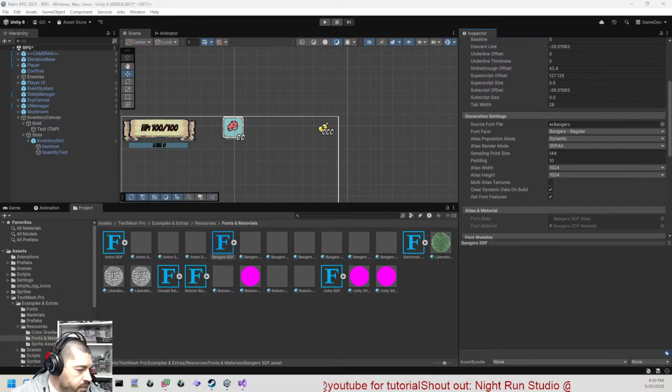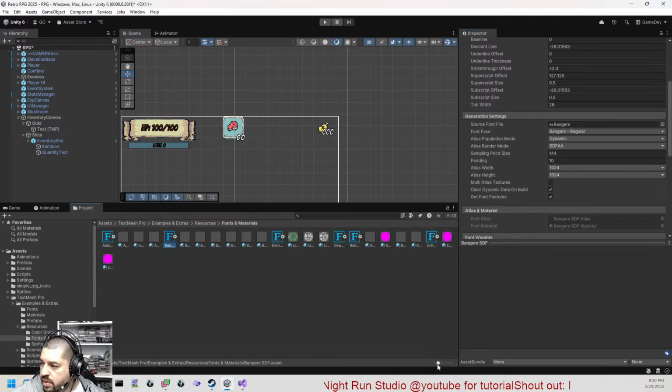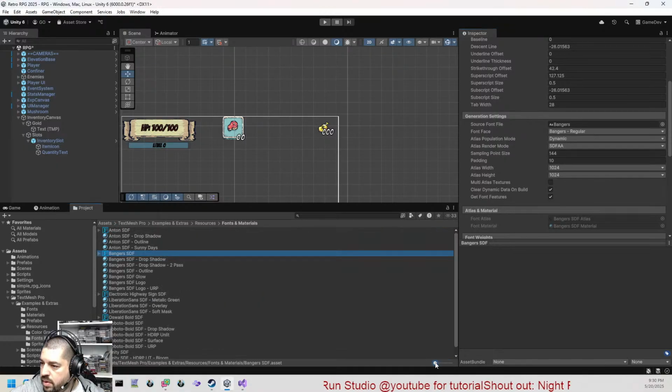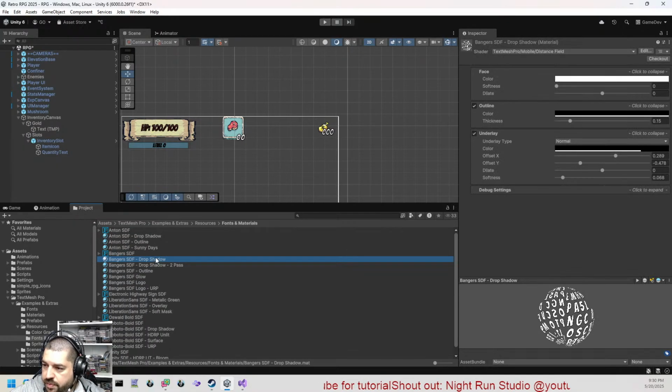And here, if you scroll up, you can see all of the different SDF materials. I'm actually just going to grab this Bangers drop shadow one here and make a copy of it. So I'll hit Command D. I can rename that to Bangers SDF Inventory and then